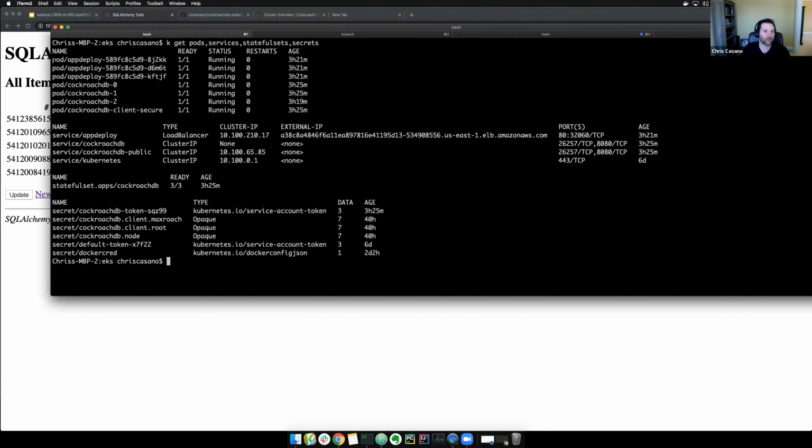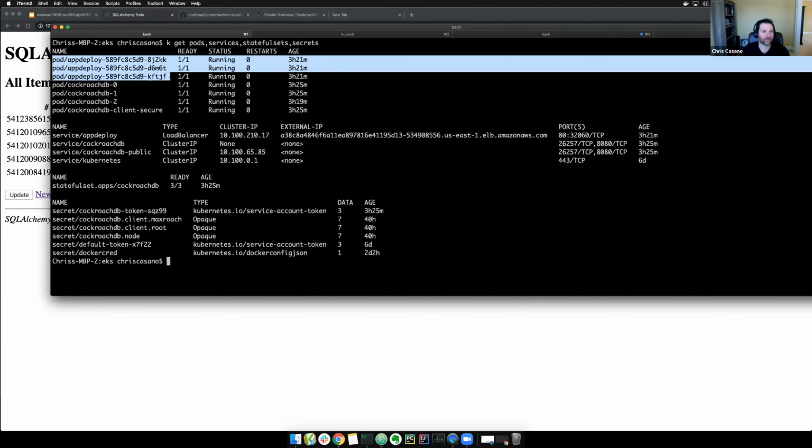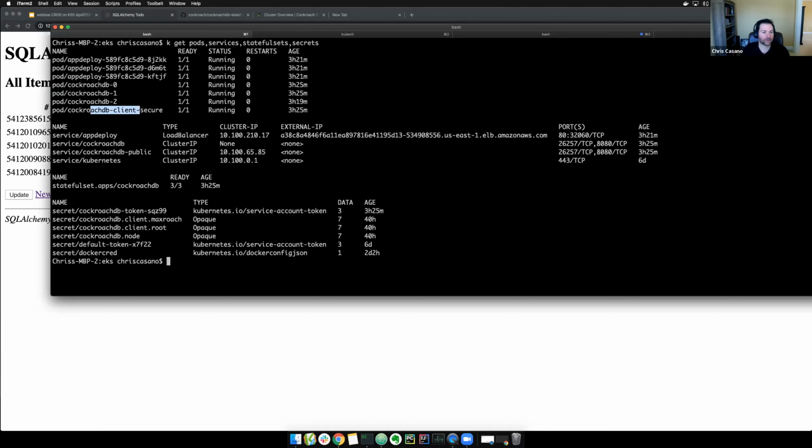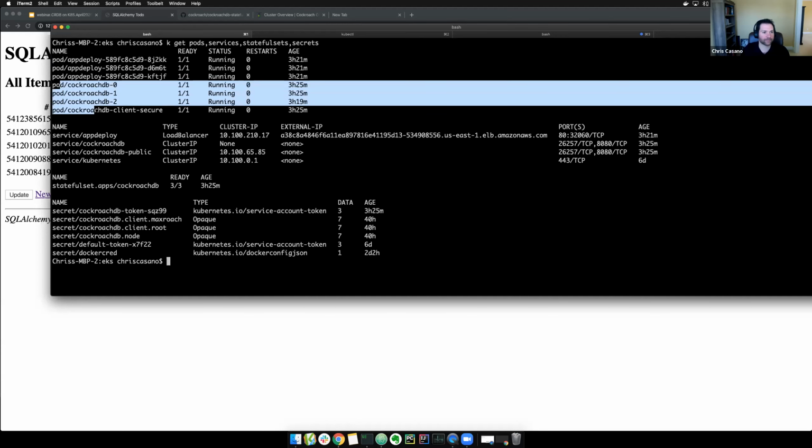Okay, so we have a pod of our application that's running here. We have a 3-node Flask application that's running. We have a 3-node Cockroach database that you can see here. We have our secure client shell. So if we want to do database queries, mind you, each one of these pods here are all the same binary. So this is what Jim was talking about before. We have a really simple deployment model for Kubernetes. You don't have to think about masters and workers and separate clients, all one binary. And you just pick how you want to deploy it through using stateful sets or the other config items that